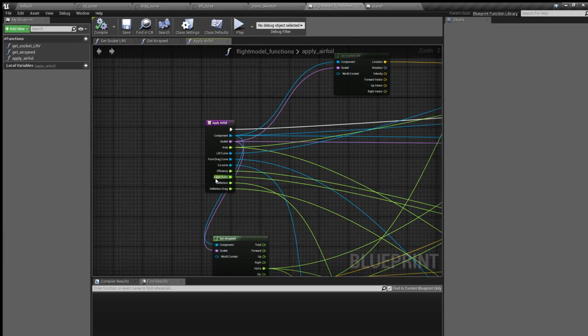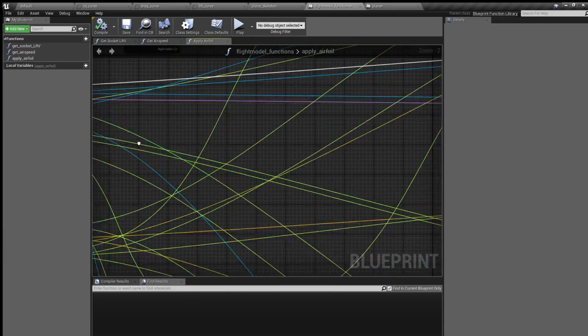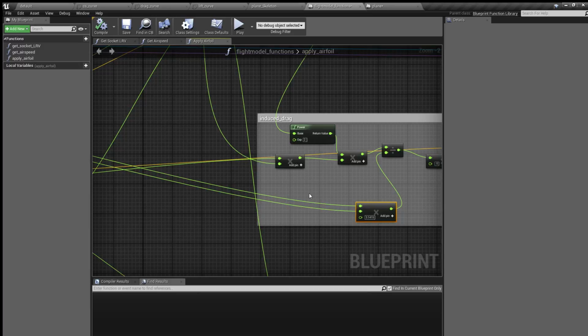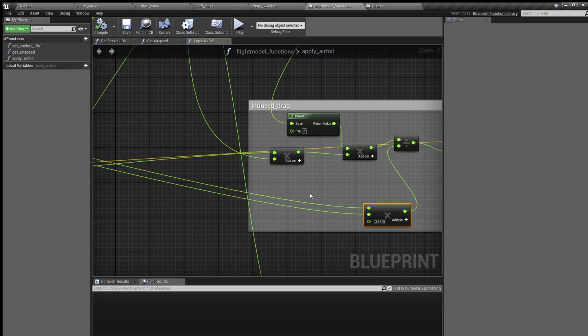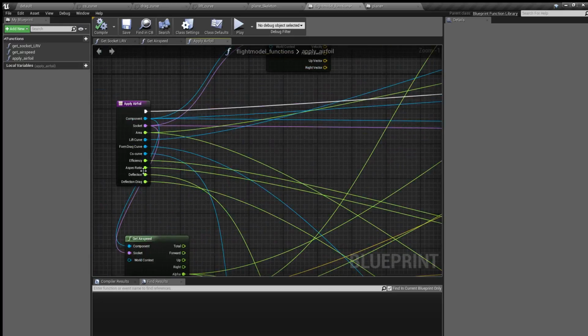In other words, basically a glider with a long thin wing would have less induced drag than, let's say, a delta fighter, right? And this is once again multiplied by efficiency of the wing, which is actually very hard to